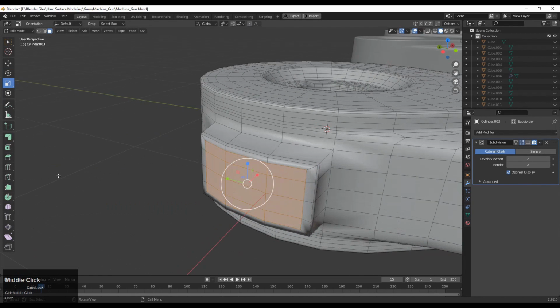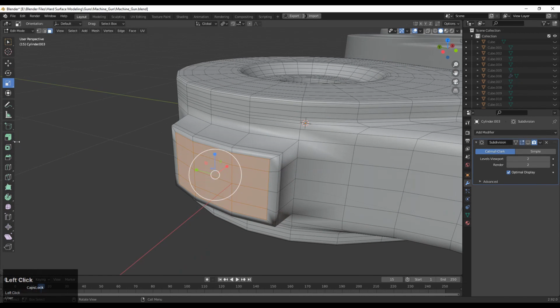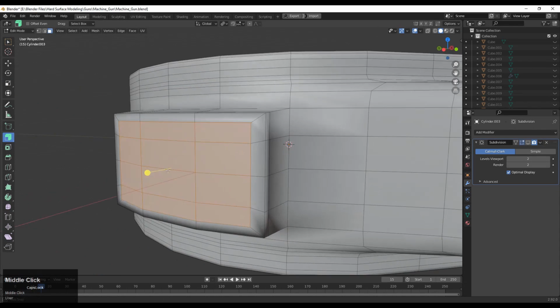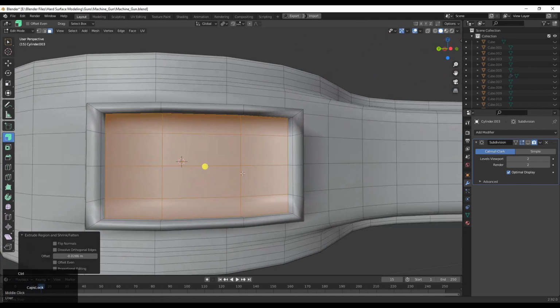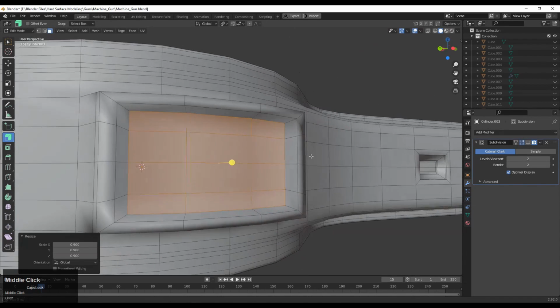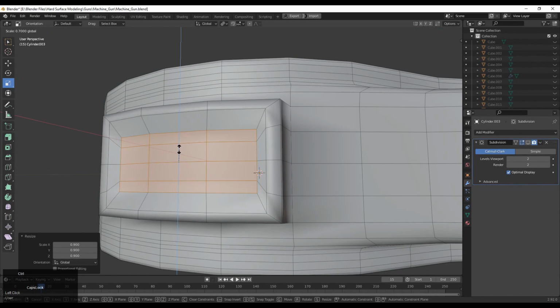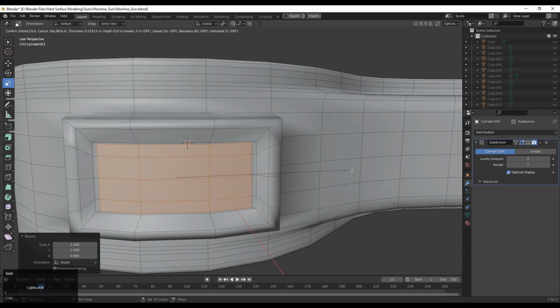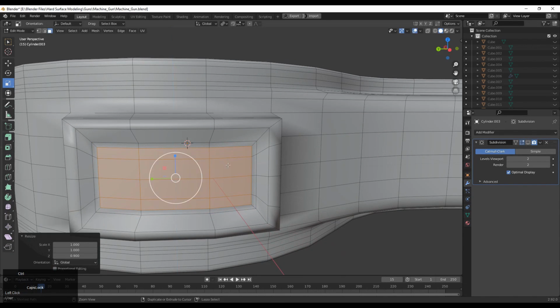Just turn off that sub D modifier and take these faces a little bit inside, so you can use the extrude tool for that. So just use the extrude along the normal and extrude it inside. And then press I for the insert operation, or you can scale it down a little bit along the different axes, and you can create a simple design there.